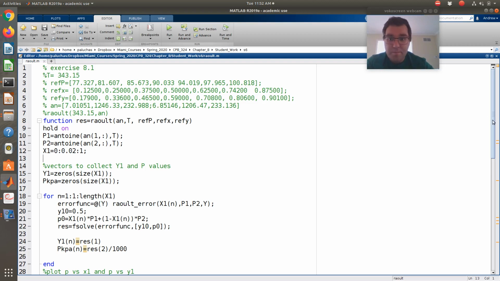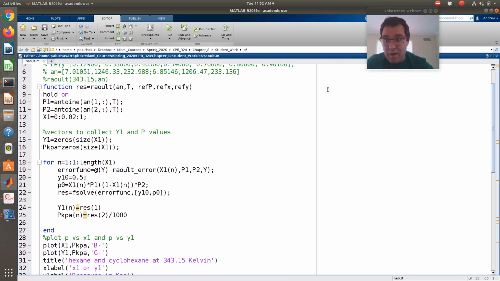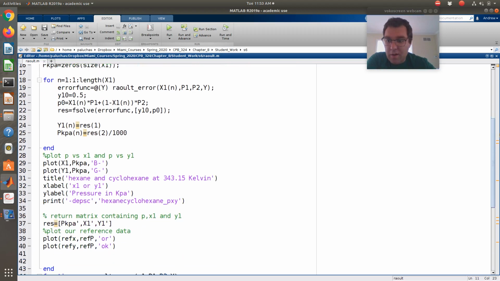Okay, good. All right, so first thing I'm doing, so this is a Pxy phase diagram, so temperature is constant and fixed. So with temperature fixed, that's equivalent to fixing psat1 and psat2, right? Because psat1 and psat2 are only functions of T. So knowing T is the same as knowing psat. And so what looks like you're doing here is you calculate psat1 and psat2. And so you pull off your Antoine coefficients for component 1, which is the first row of that matrix, and for component 2, the second row. And so if you look at your Antoine